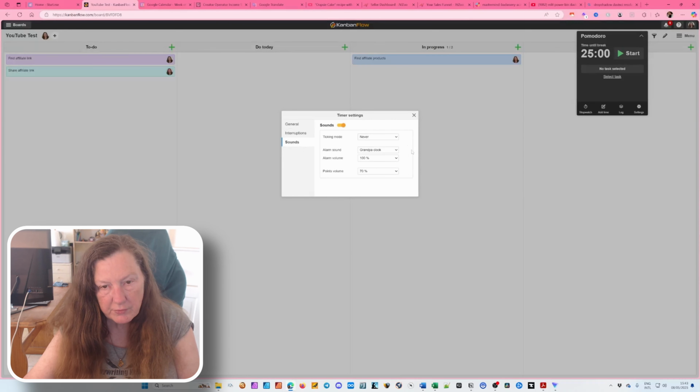You can also use a particular sound whenever your time is up, when you have finished your Pomodoro and are going to take a break, then you can have an alarm. And again, after the break, it will also sound an alarm, unless you disable it, which you can do up here.